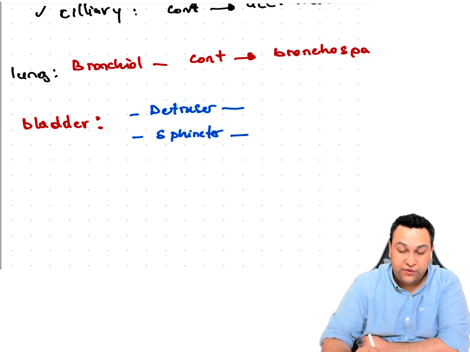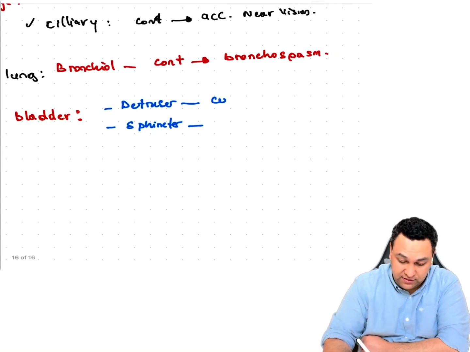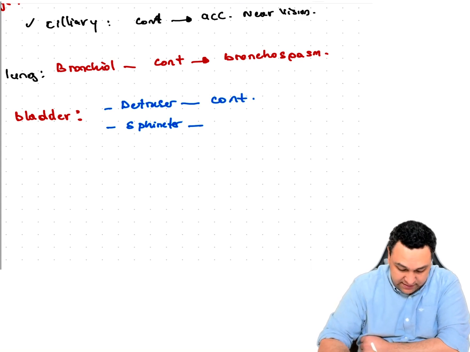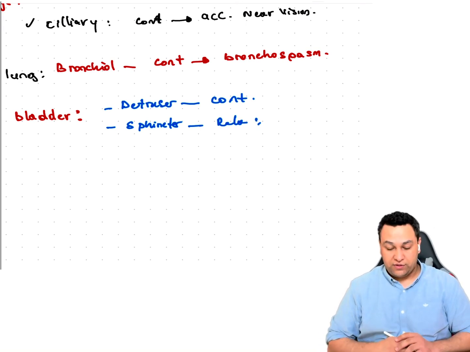In the detrusor muscle it brings contraction, and in other muscles it can bring relaxation or dilation, and due to that reason it can cause voiding, or it can cause